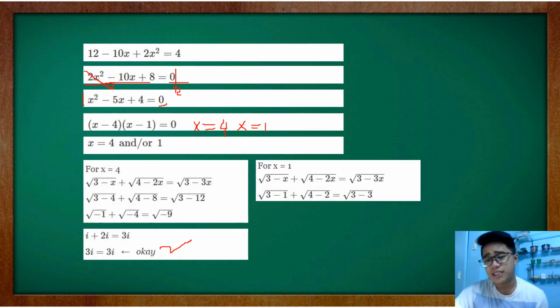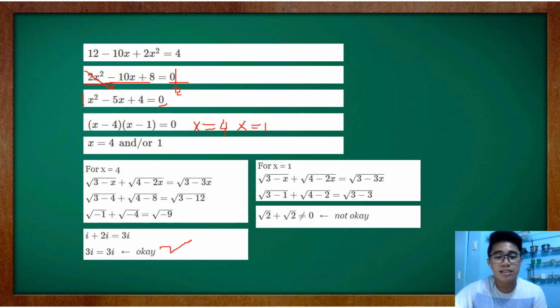So, try naman po natin. What if x is equals to 1, okay? So, substitute lang po natin dyan. So, yung mga x magiging 1, okay? So, nandyan. So, we will have square root of 2 plus square root of 2 is equals to 3 minus 3, that is 0. Okay, so this is equals to 0. So, since square root of 2 plus square root of 2 is not equal to 0,